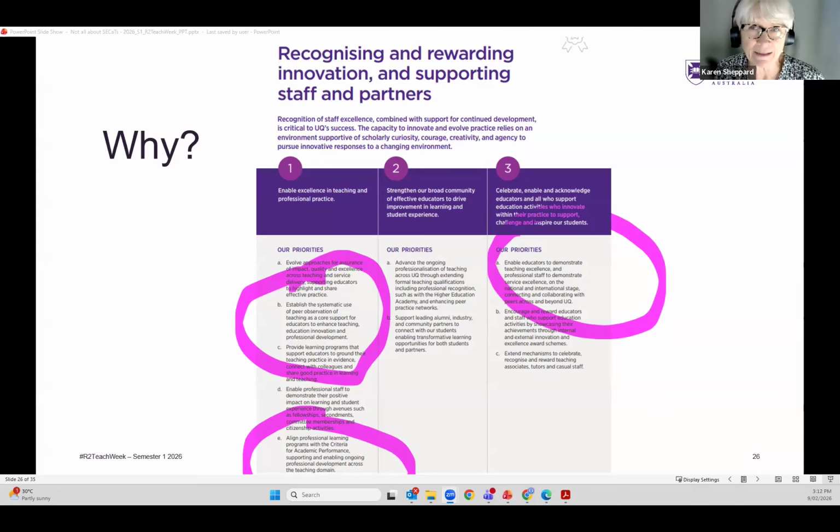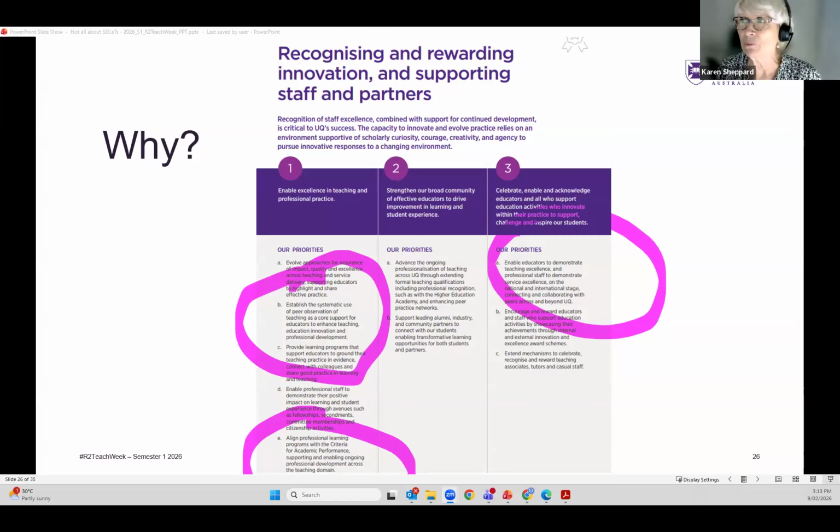So looking at SECATs in a different way, but also looking at other means of collecting evidence of your teaching expertise, I suppose.